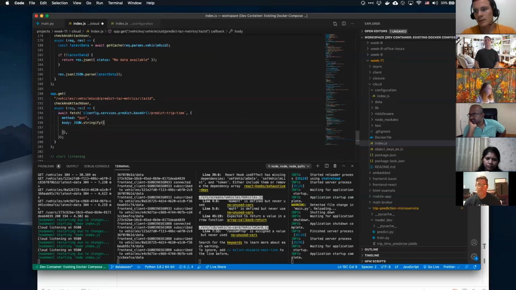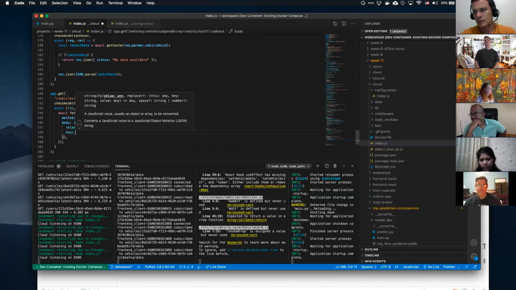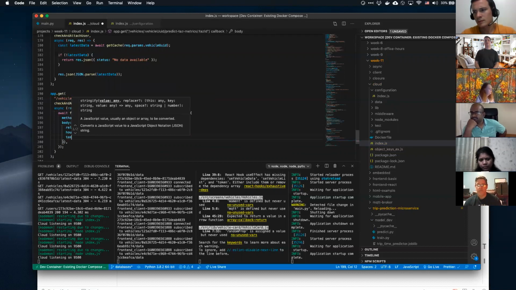And what do we got? Well, relative humidity. We need to do hour of day. And as I'm typing these guys, where do these come from? How do I know what to do here?